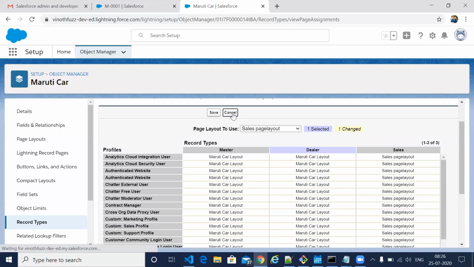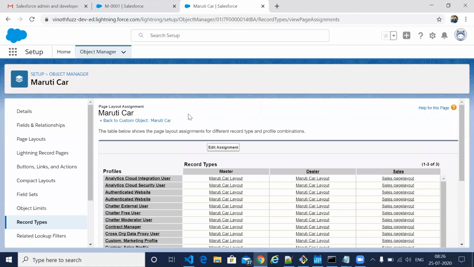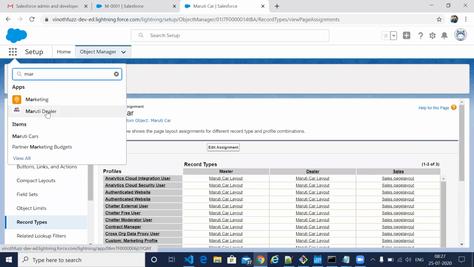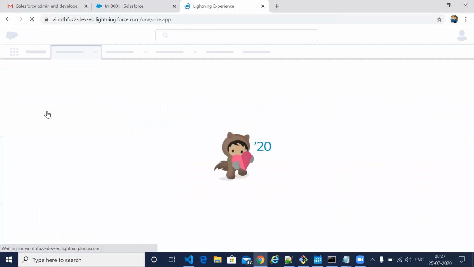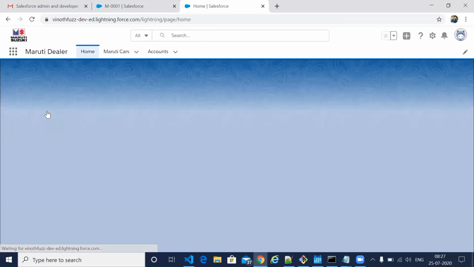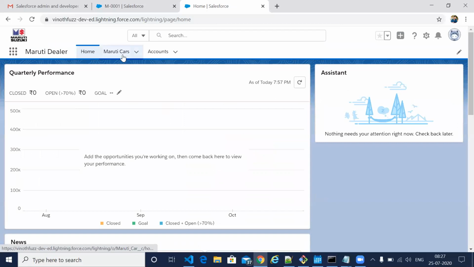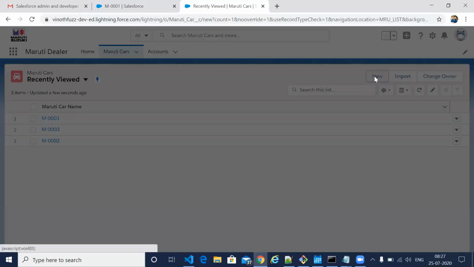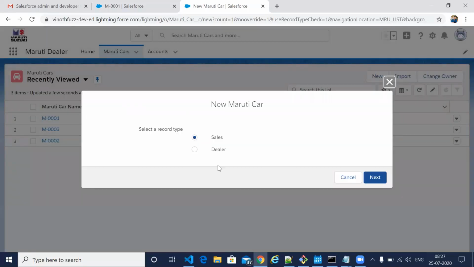So let's check in the UI, then we will understand more. I came to this application. Now just clicking on new, it will ask me which record type I want to create, whether sales or dealer.